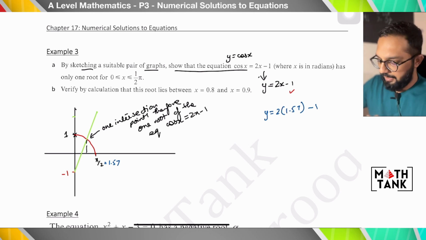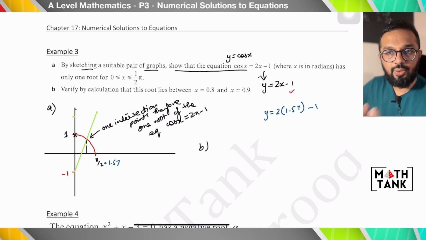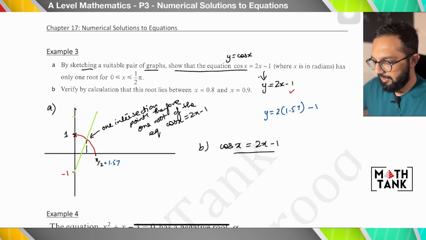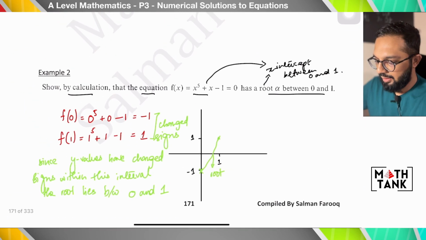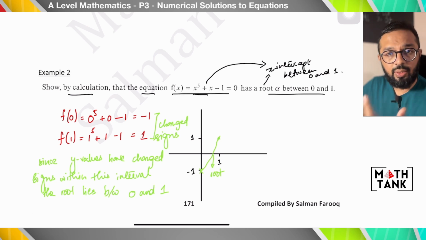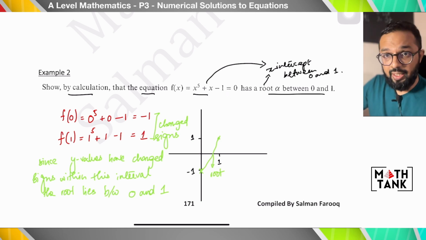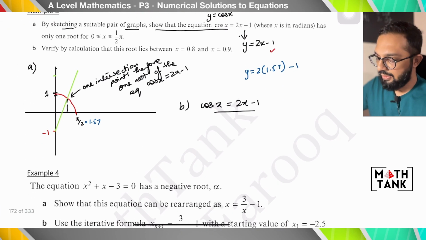Okay, that's the first part A. Part B says, verify by calculation that this root lies between 0.8 and 0.9. Now, like last time, I'm going to plug in the values, but you see what the difference is between this equation and that equation? That wasn't just an equation, it was a function where everything had been brought to the left hand side and it said equals 0. So what I am also going to do is I'm going to first create a function